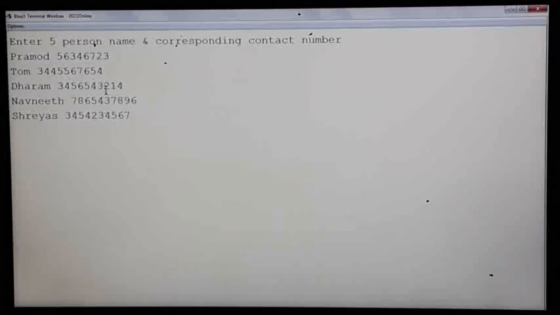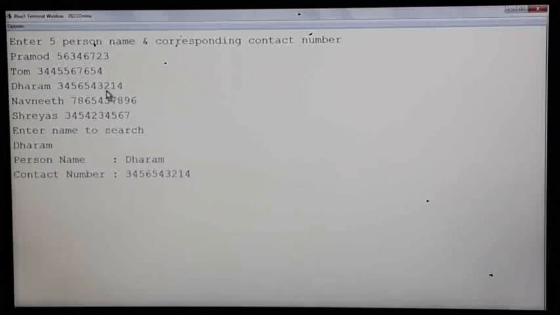So there are 5 person names and corresponding contact numbers. It is asking the name to search. Let me give the name as Dharam. See, check now, the person name is Dharam and the contact number is displayed. So this is how it works if you apply the command equals.